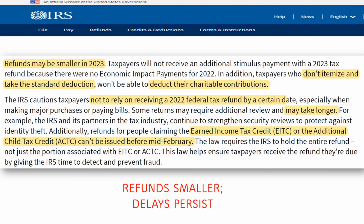So while it shouldn't be a shock to most people, refunds will be smaller in 2023. The average refund payment was around $2,800 in 2022. It'll probably drop to somewhere around $2,500 this year. Again, this is mainly because there were really no huge tax credits or stimulus checks, aka economic impact payments, done